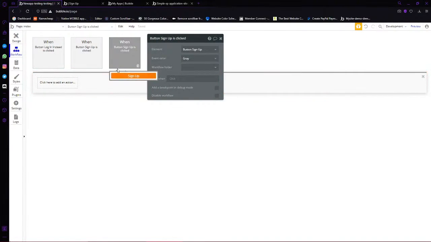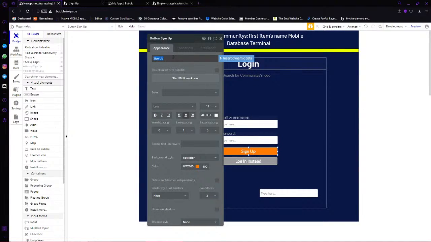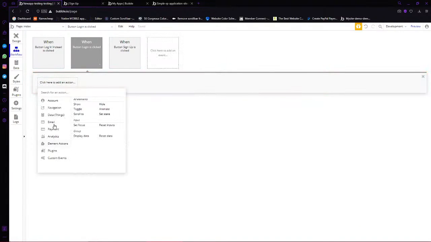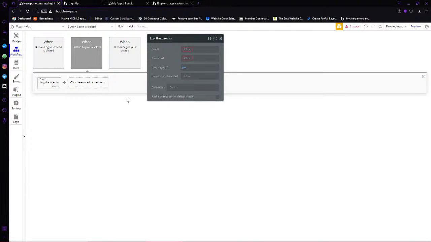Now when you do sign up, oops, sorry, this should be log in. Log in, one word. Log in. Log the user in. Input else value, password. Put